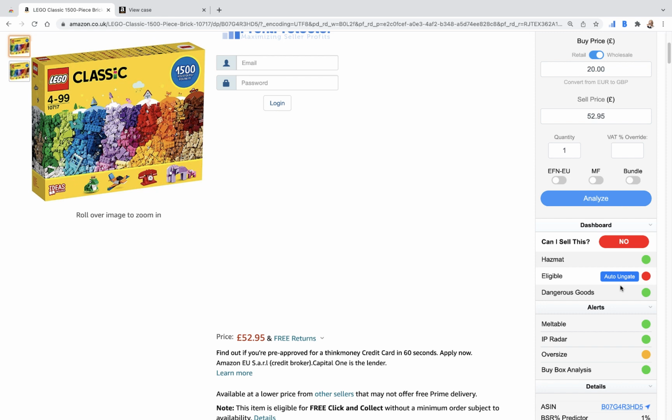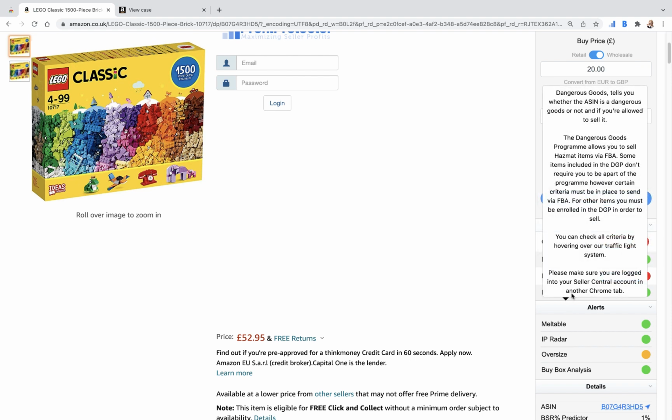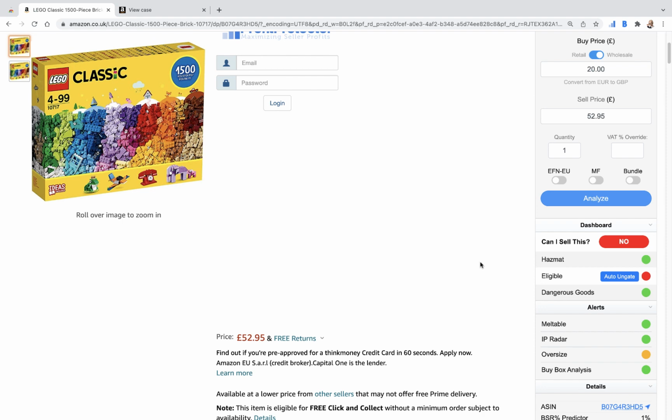So what the process is to try an auto ungate is I've analysed this product and it's told me that I'm not eligible to sell it and asked me if I can auto ungate. Now, eligibility, hazmat, dangerous goods, these things we're going to cover on a different video. So I'm just going to focus on the ungating part in this video. So what we do is it says here auto ungate, and you can see that BuyBotPro will try to auto ungate when Amazon allow it. So we're going to give it a go. We're going to knock on that door and we're going to say, hello, can we auto ungate this? So we're going to click on that. It will say, please